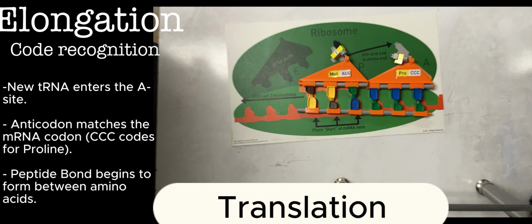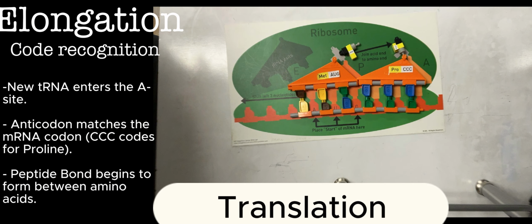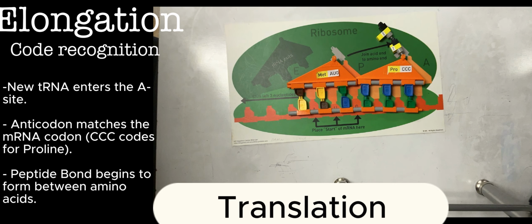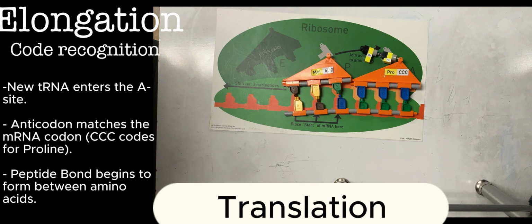Now elongation begins. The ribosome has 3 functional sites, A, P, and E. First, a new tRNA matching the next codon enters the A site. Here, it's carrying proline. Next, a peptide bond forms. The growing polypeptide chain is transferred from the tRNA in the P site to the amino acid on the tRNA